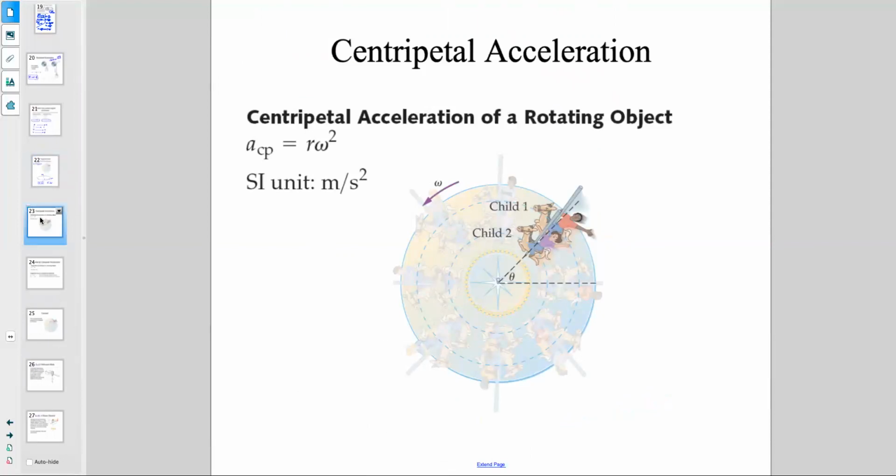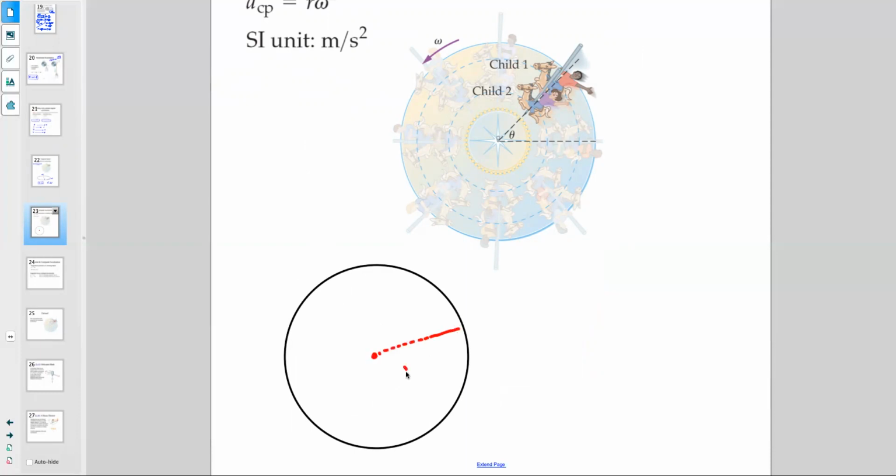Centripetal acceleration, we used to remember this from the first few chapters when we were talking about circular motion. It is always towards the center of the motion. So if I have a circle like that, this is the center, and I have this to be the radius. And even if it is moving at a constant velocity, let's say that this v is a constant value,